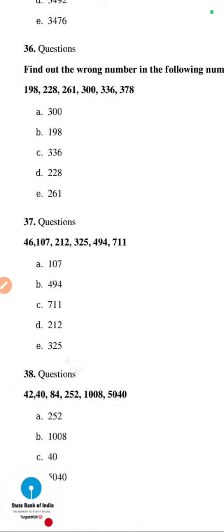Find the wrong number of the 36th one. Here we see 198, 228, 261, 300, 336, 378. The difference between the first two numbers is 228 minus 198, which will be 30, plus 33, plus 33. The next one is plus 39. The next one is plus 36. The next one is